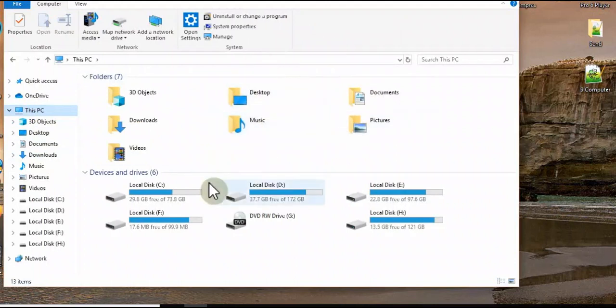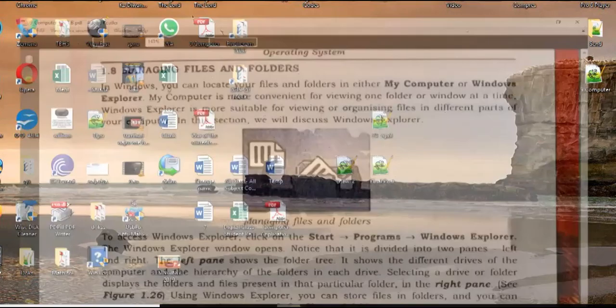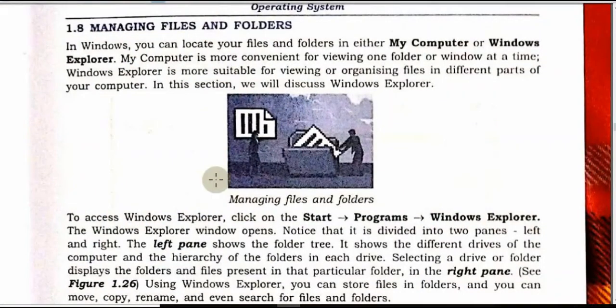In Windows XP and Windows 7 this was called My Computer, but in current system Windows 10 and later on this is called this PC. You can rename it, and you can do it with My Computer. So, and students, we will do practical for all the things.